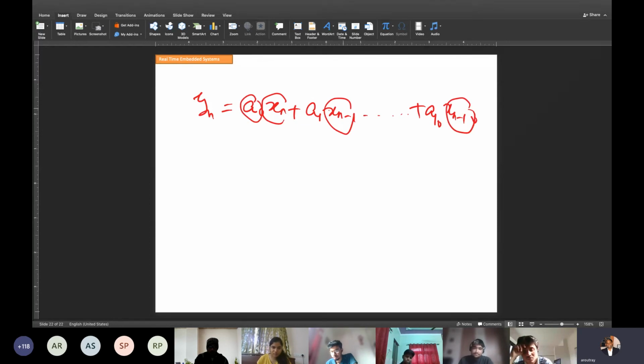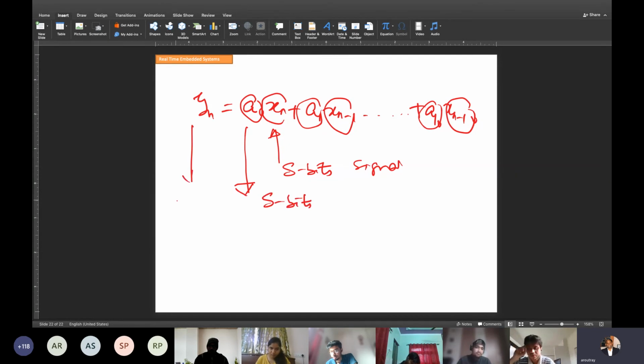And the filter coefficients, you have to decide what the representation of the filter coefficient is. These values are all 8 bits. These are the signal, an 8-bit signal. You have to decide the bit representation of this. This could also be 8 bits. If it is 8 bits and 8 bits, this also 8 bits, so there is every chance that there will be overflow, because you are multiplying, then adding. Therefore the range of number representation has to change.